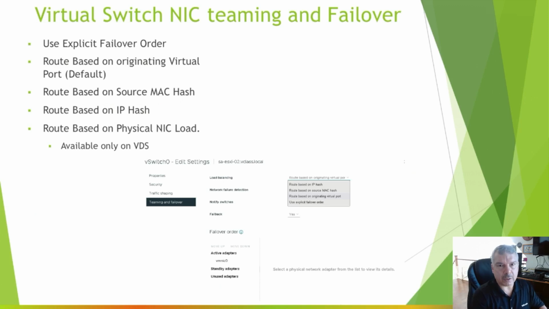Now, I'm not going to go through NIC teaming in general. I talk about that in my networking video. I'll leave a link to that at the end of the video for you to watch. But when you talk about NIC teaming with virtual switches, you've got explicit failover. Really simple. One network card is active, the other is standby. So if you've got two 10 gig cards, one's active, all the traffic's going through the first card, and the second card is just sitting there in case the first card fails. Obviously, that's not going to help you with performance because the second card's sitting there doing nothing. But it's more for failover,